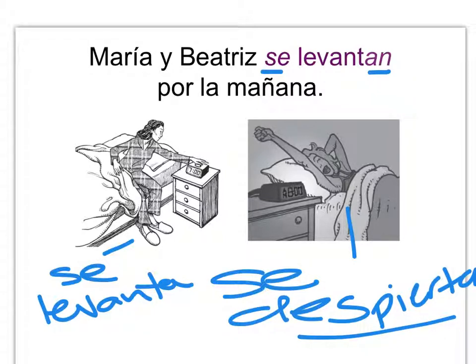So, se despierta is waking up. It's a stem-changing verb, and in this case, it's in the el ella form. So we're still conjugating verbs, just like we have all along. Shoe verbs, stem-changing verbs, verbs irregular in the yo form, even in the preterite tense. We just learned the preterite tense. We can put reflexive verbs in the preterite tense. The only thing that's new today is this little